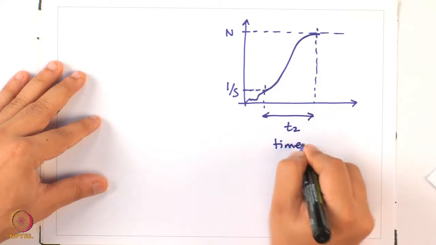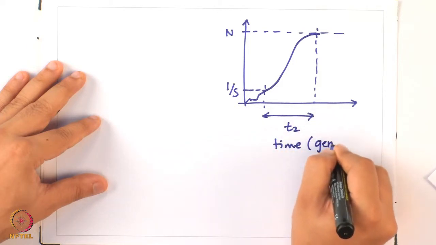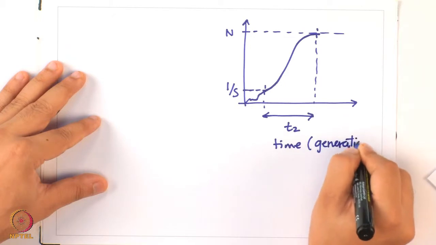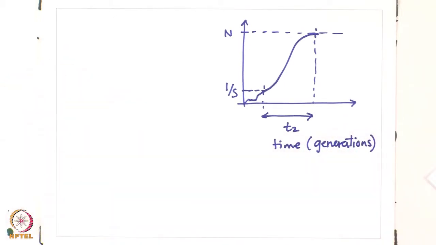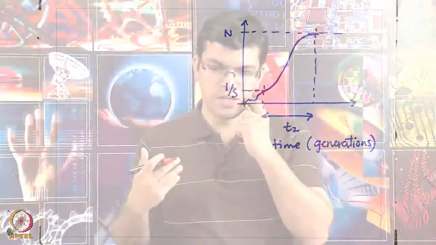Where the x axis represents time in generations. So, how do I do that? Again, we are going to rely on some simplifications and assumptions, and always keep this at the back of your mind that we are interested in order of magnitude estimates of these numbers. We are not interested in precise values, but just a ballpark estimate,